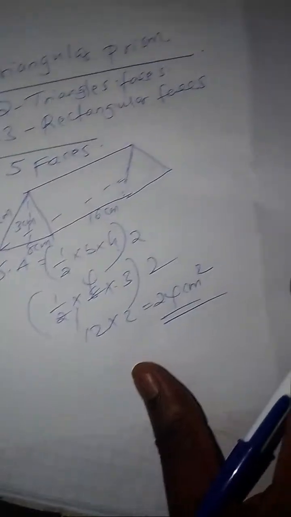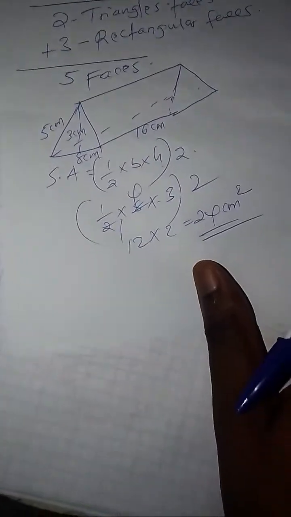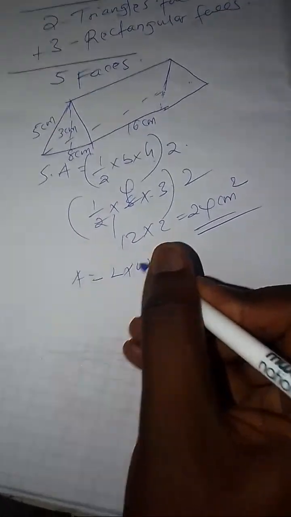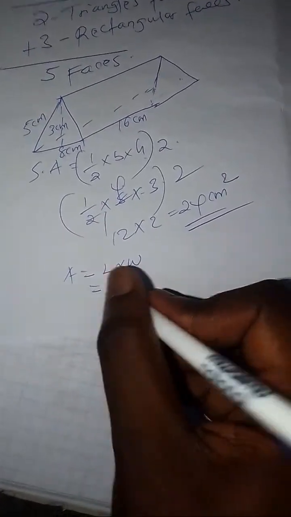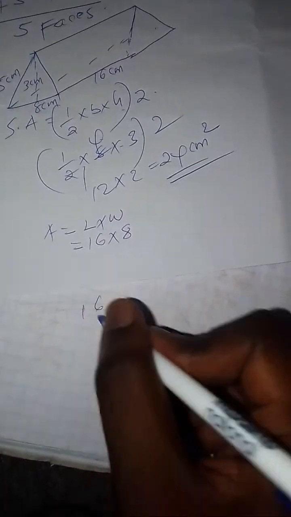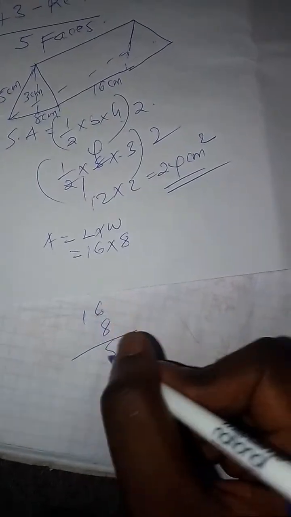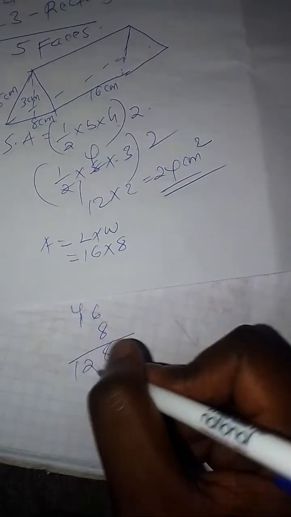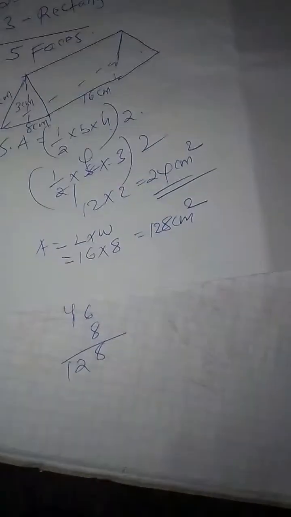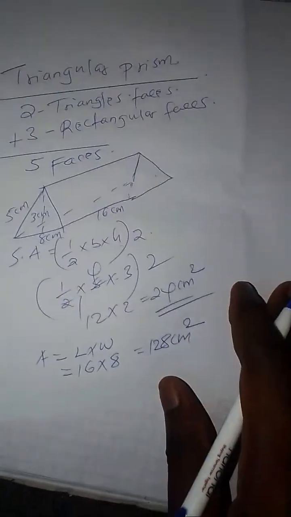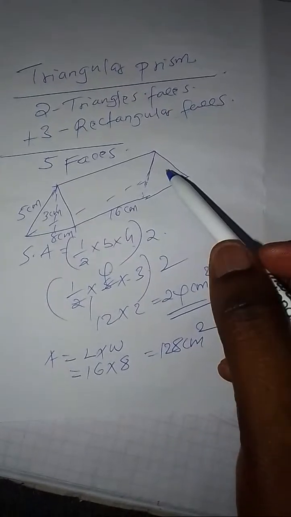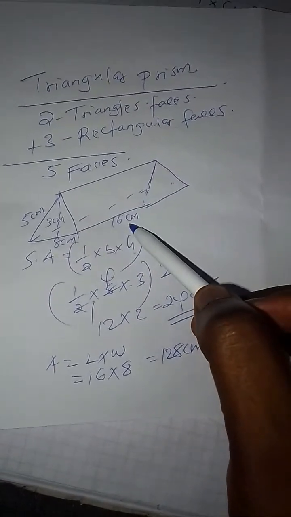So here we say that the area of a rectangle is equal to length times width, and our length is 16 multiplied by 8. Let us calculate 16 times 8: 8 times 6 is 48, carry 4. This one is 128 square centimeters. Then we also have another rectangle, that is 16 by